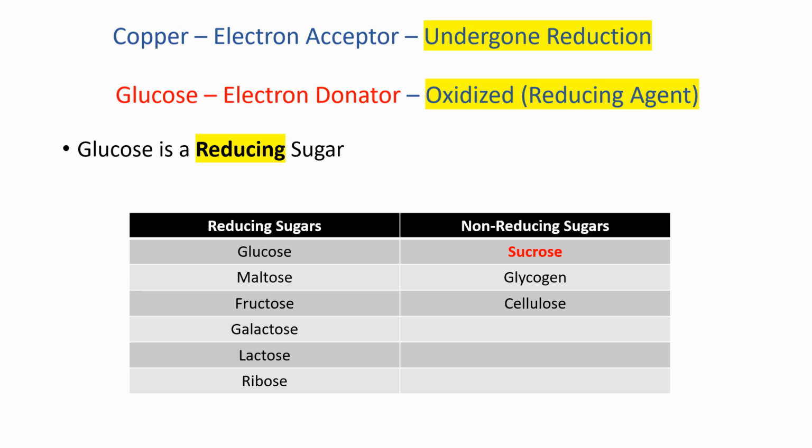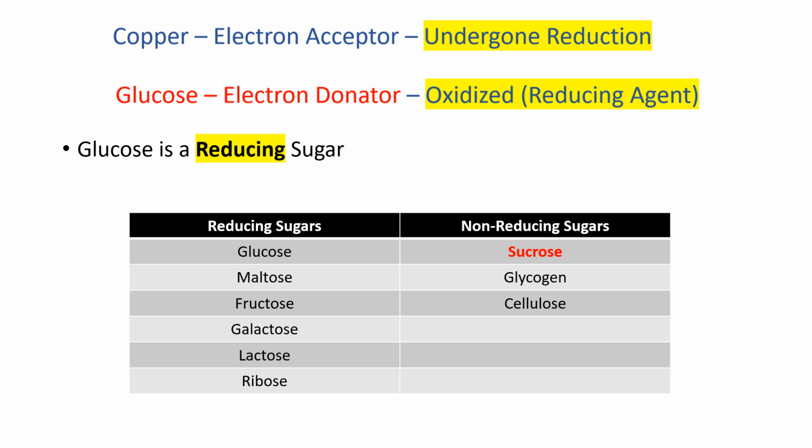So let's try to remember what the non-reducing sugars are. Very important to remember is sucrose, which is the most common table sugar. It is actually a non-reducing sugar, and also glycogen, cellulose, etc. There is one little caveat in chemistry: non-reducing sugars don't have a free aldehyde group,